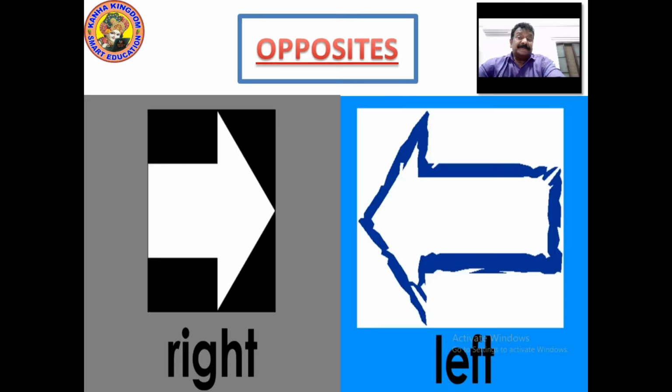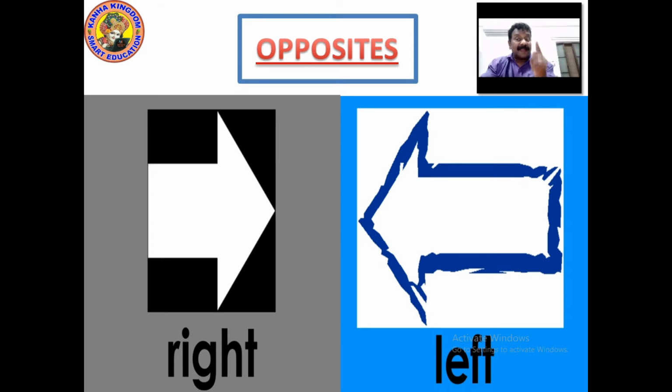So now, opposite of right. You can see the arrow mark on the right, going to the right. It is shown as right. The arrow showing on this side is called left. This is called right, and this is called left. When we talk about sign marks, an arrow pointing towards the right side is right, and an arrow pointing towards the left side is going to the left.